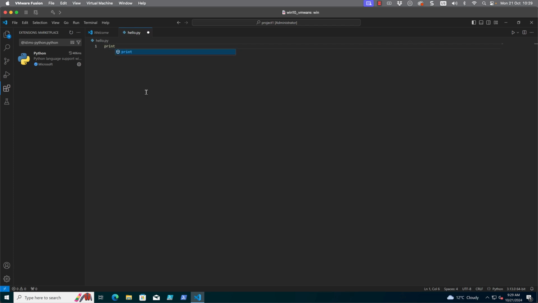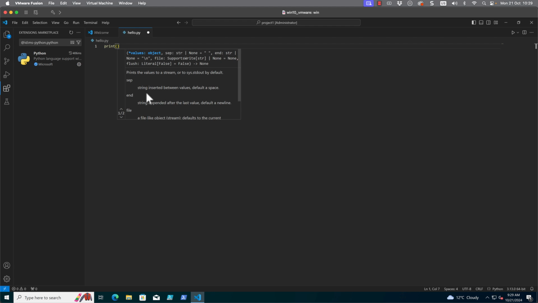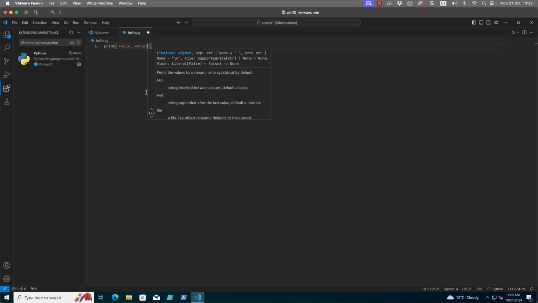So again, I can see I've got my print function, and we can also open up part of the documentation so we can see when I open up the print dialog, we can choose then that we print our values, but with extra options such as the separator and the end that we can start including. So we get a lot more help with access through to the documentation. As I type one single quote, I don't have to worry about ending my single quotes because automatically the IDE is going to create the two quotes for me. So I just need to worry about typing my message.